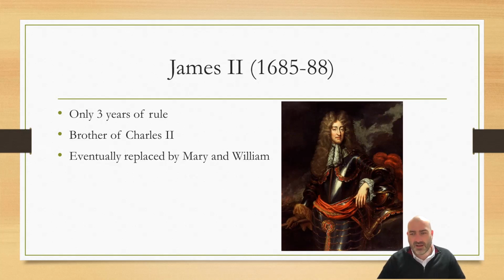James II was a Catholic, and James was also a difficult leader. He had a difficult relationship with the Parliament that had gained a lot of power during the Civil Wars, and of course, being Catholic, he had difficulty with the Protestants in general. So actually, James II's reign would only last 3 years until 1688. What happened? Influential elites in England and Scotland invited William of Orange, who was the Dutch leader, to take over